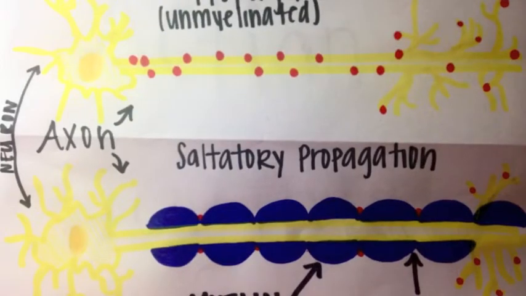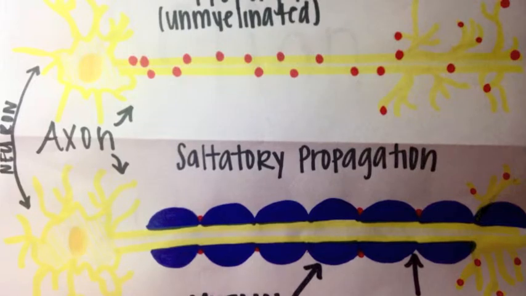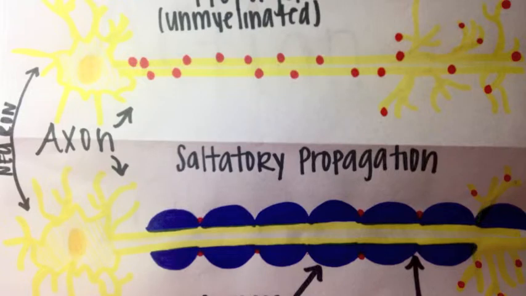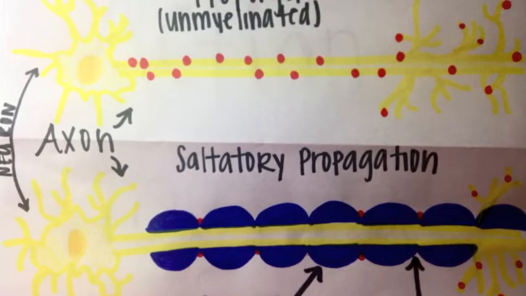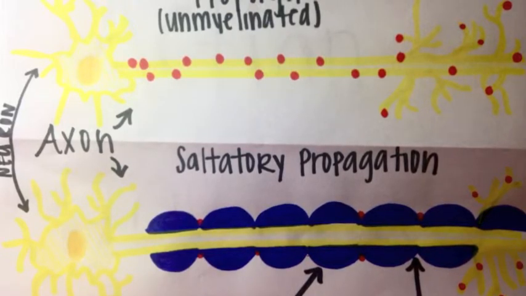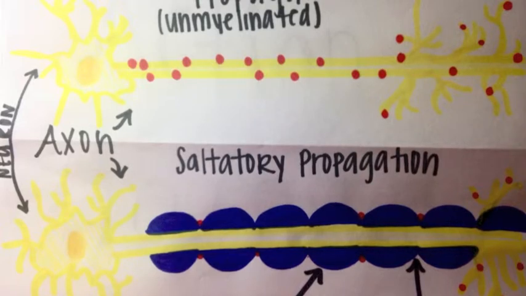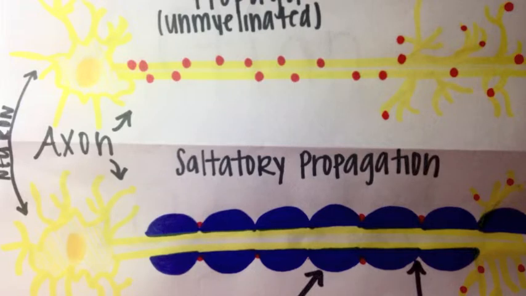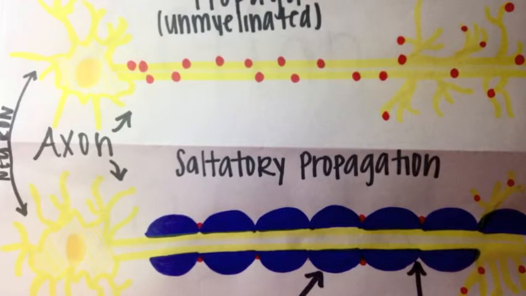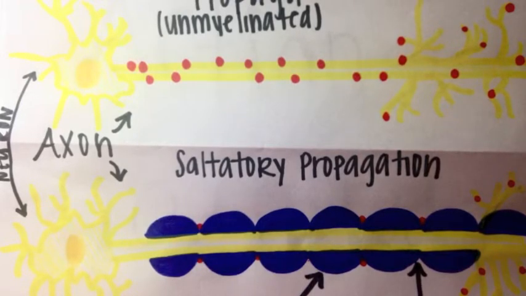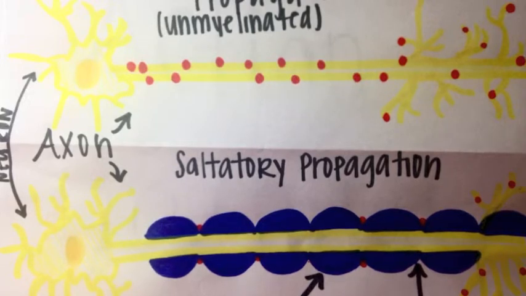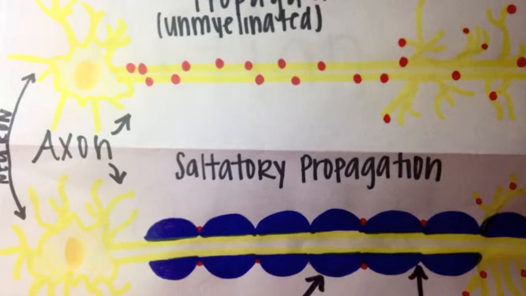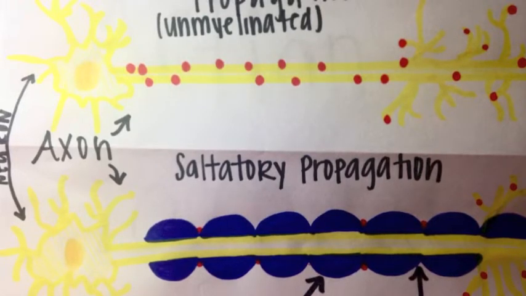Now I will get into the structural similarities and differences of both kinds of propagation. Both have an axon and neuron, as you can see in the pictures. Major differences include the fact that saltatory propagation's axon contains myelin sheaths, oligodendrocytes, Schwann cells, and nodes of Ranvier. Myelin is part of the myelin sheath and is responsible for speeding up nerve impulses. This is why saltatory propagation is faster than continuous. Continuous contains no myelin. Myelin sheath is a membranous wrapping that coats the axons of saltatory propagation, as seen in